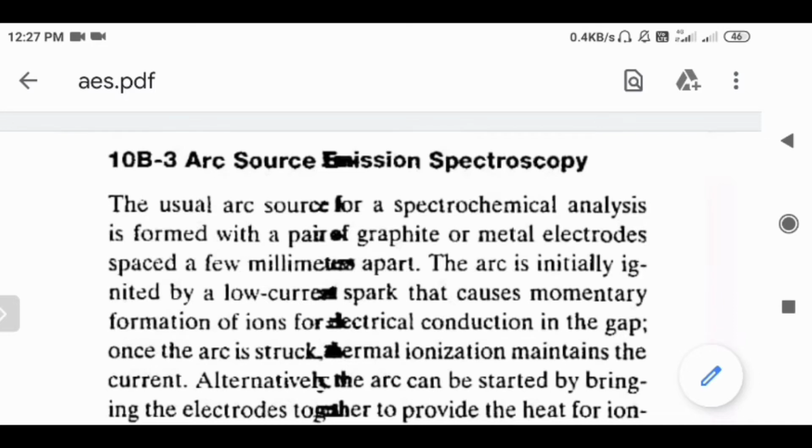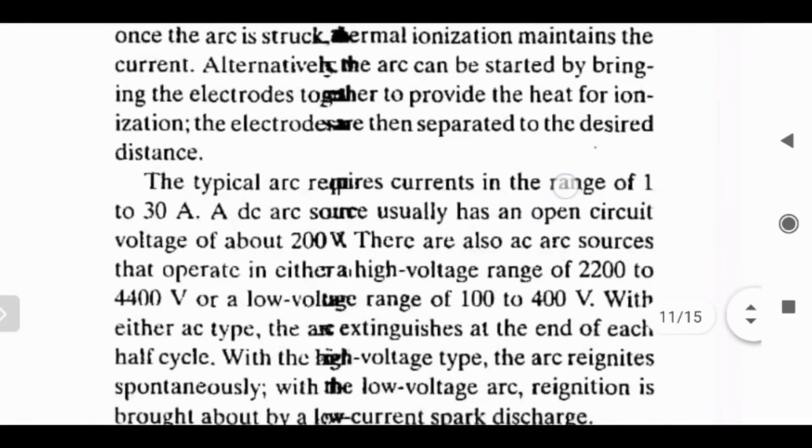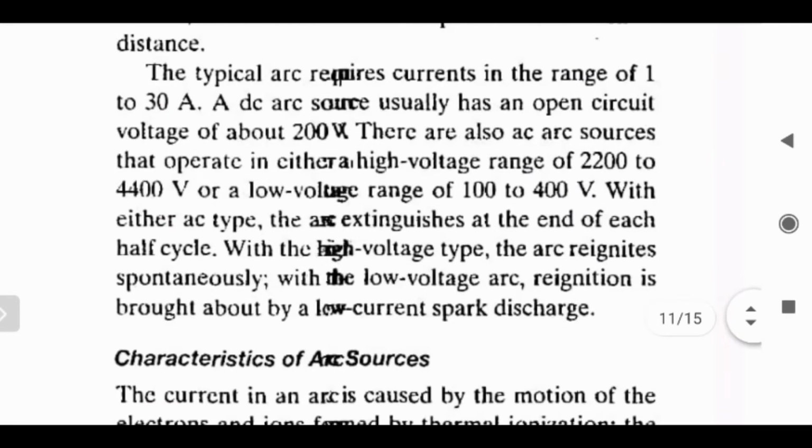So in the previous lecture we have seen arc source emission spectroscopy. In that spectroscopy we studied the characteristics and principle of arc emission spectroscopy, the various voltage ranges applied for DC current or AC current, and then we saw the characteristics of the arc sources,